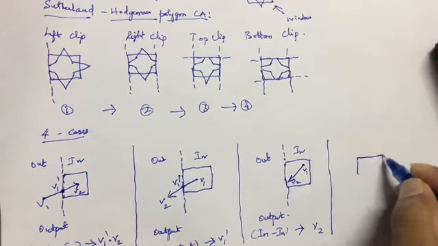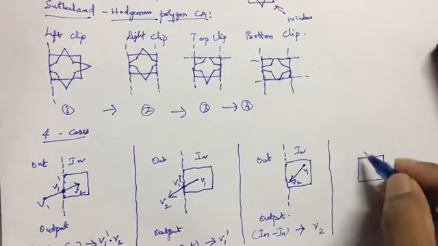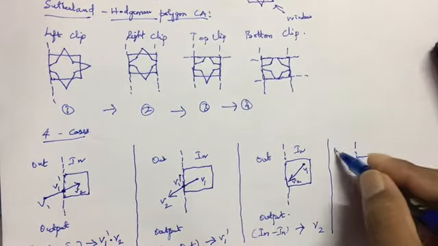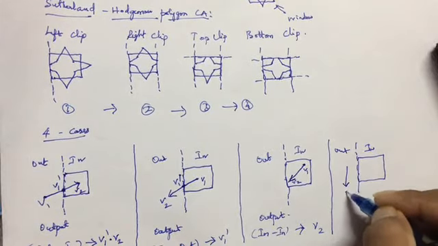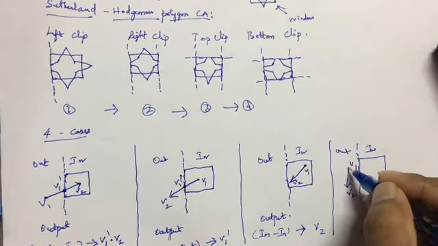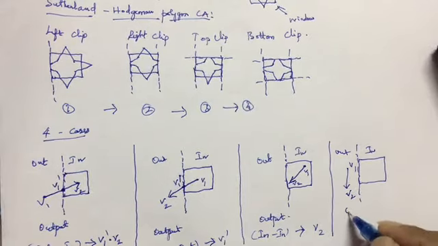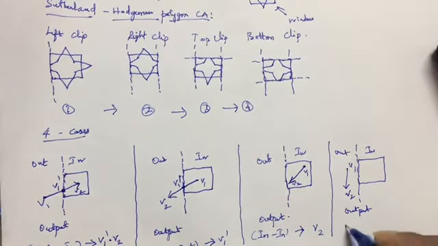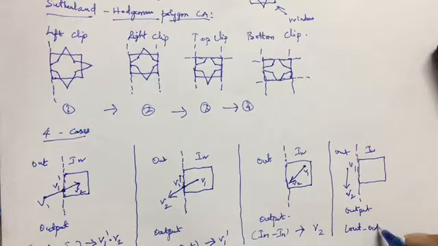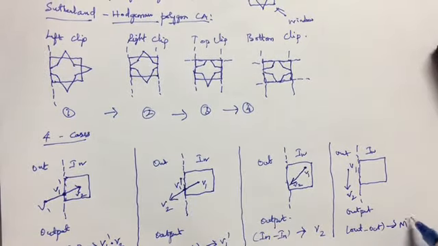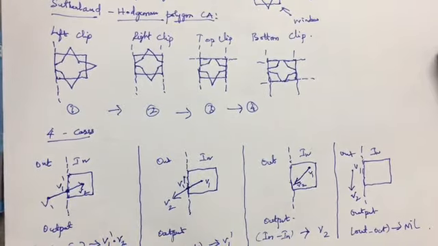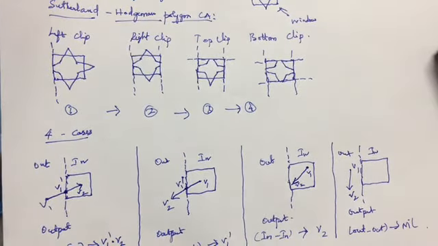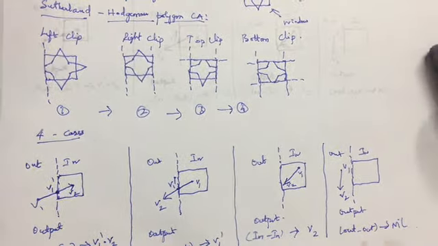And the last case, window, out position, in position. In this case, both the points are outside the margin, so the output will be out position to out position, and so nil. So these are the 4 cases we have to consider on clipping the lines in the polygon clipping algorithm.